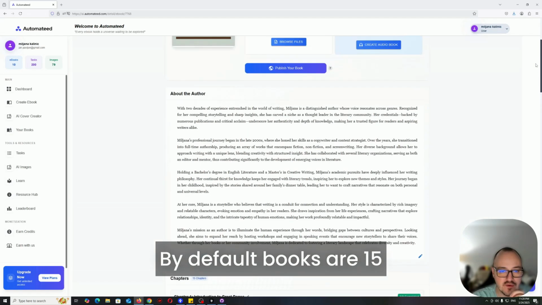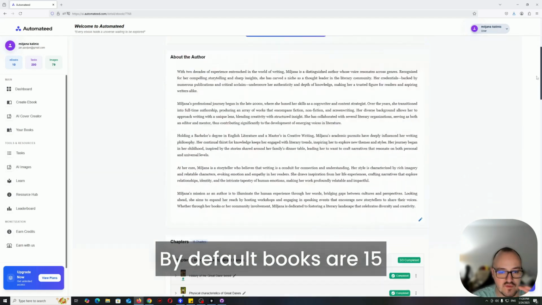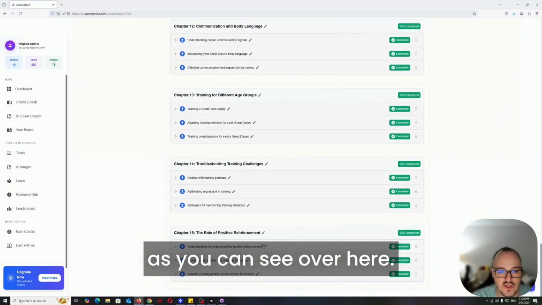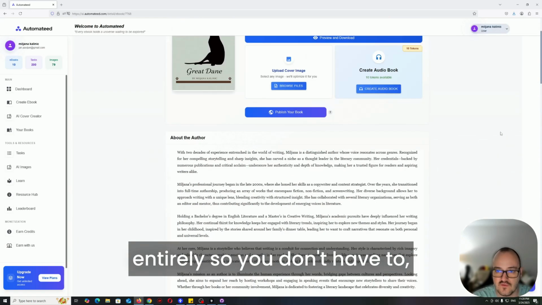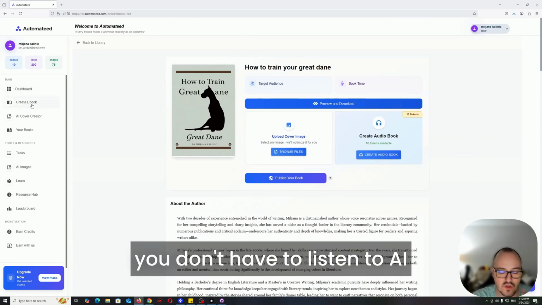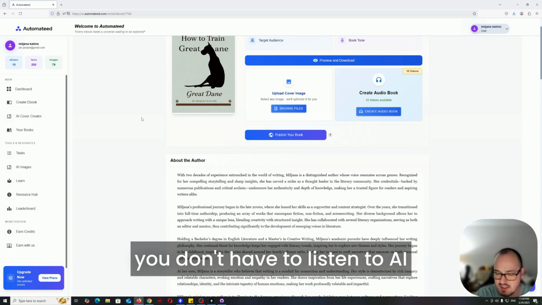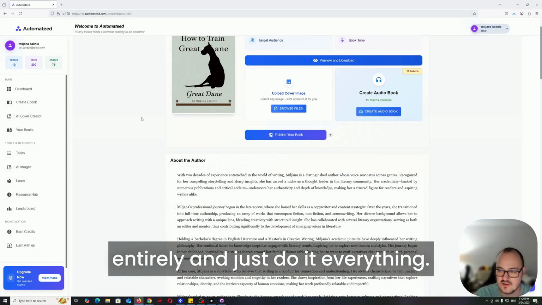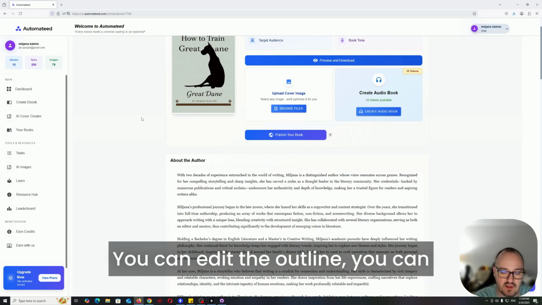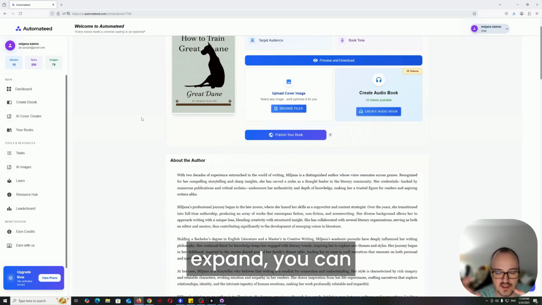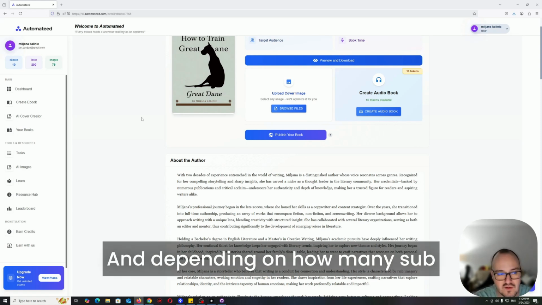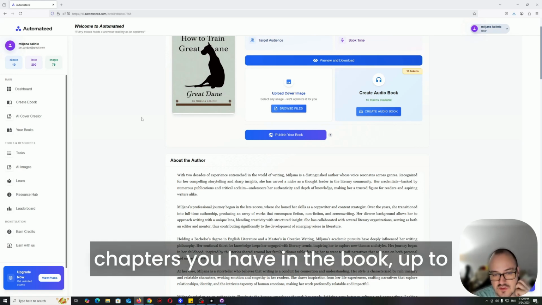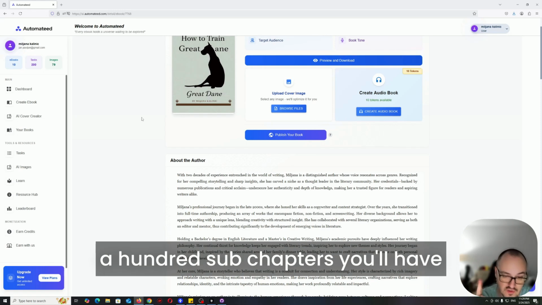By default, books are 15 times 3 subchapters, as you can see over here, but you can edit the outline entirely, so you don't have to listen to AI entirely and just do everything. You can edit the outline, you can expand, you can remove things if you don't like, and depending on how many subchapters you have in the book, up to 100 subchapters,